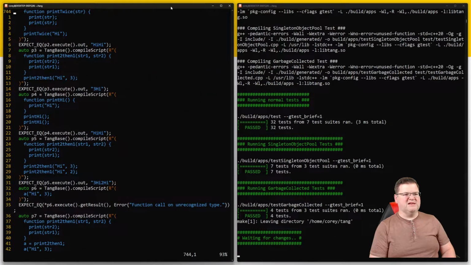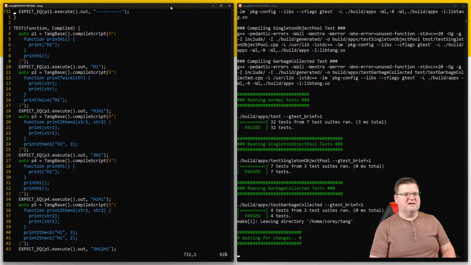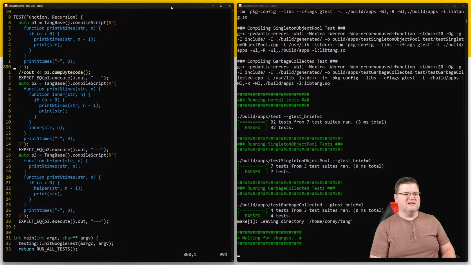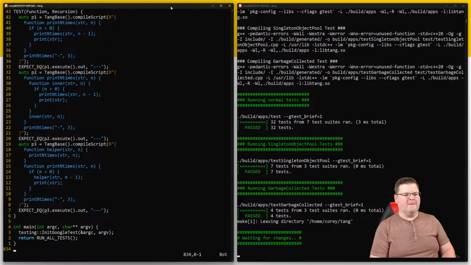This test is just working with compiled functions. Let's do a new test then. Let's steal this part of that. That should not be there. And of course, since I yanked that,